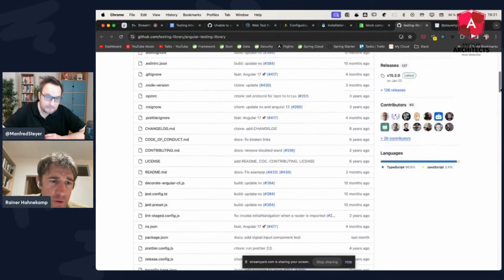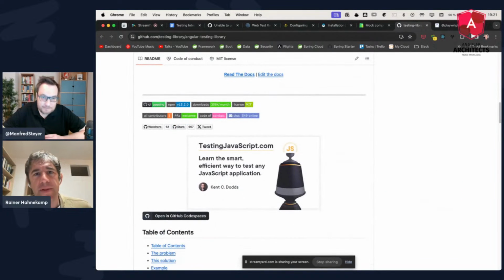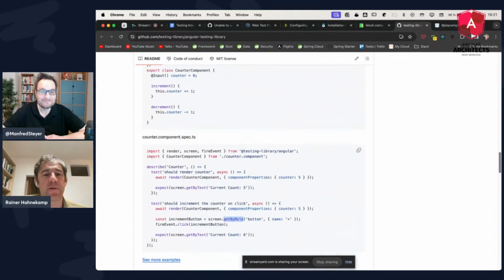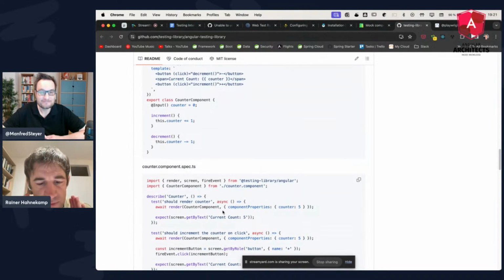And why I actually want to recommend the testing library. First of all, we see here the testing trophy from Kent C. Dodds, who was also the initiator of the testing library itself. The testing library tries to steer you in the right direction, whereas Spectator in a way says, I am very generic, you can use me for different use cases.